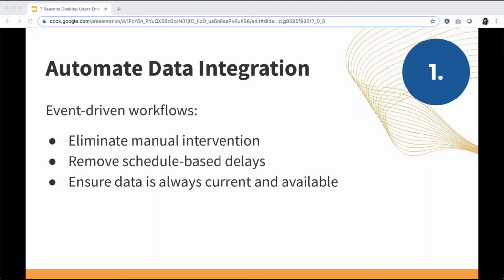So the first use case is to automate data integration. What we're talking about here is further automating how the workflows run to give you a hands-free experience and ensure that data is always current and always available to the people who need it. When using FME Desktop on its own, say with Windows Scheduler, you do have a way to automate workflows running,